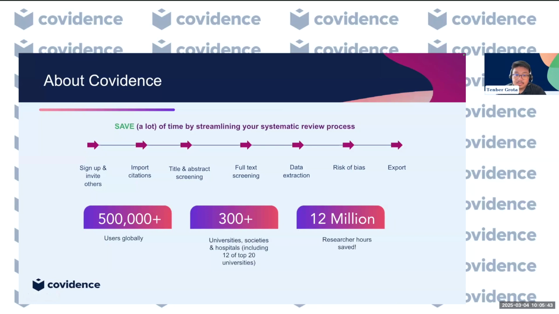We have a full-time team based around the world, and we work continuously on improving the product and providing technical support to our global user community. The platform is entirely cloud-based, so there's nothing to download. And as you can see, we pride ourselves in supporting the world's largest review community with more than 500,000